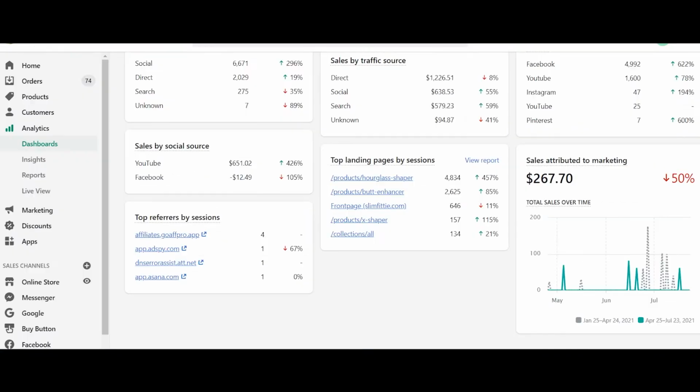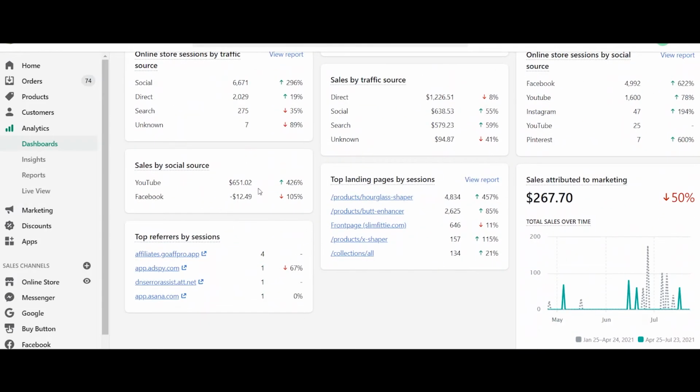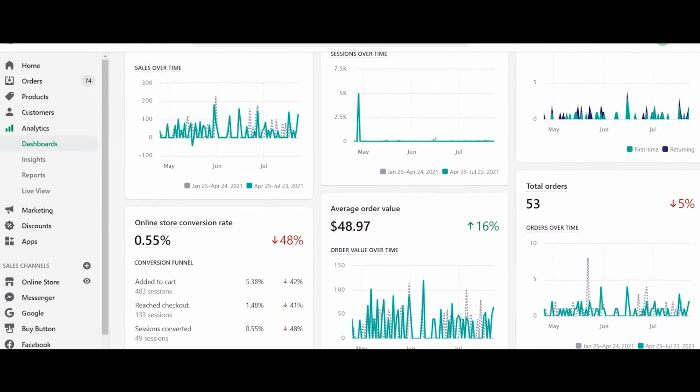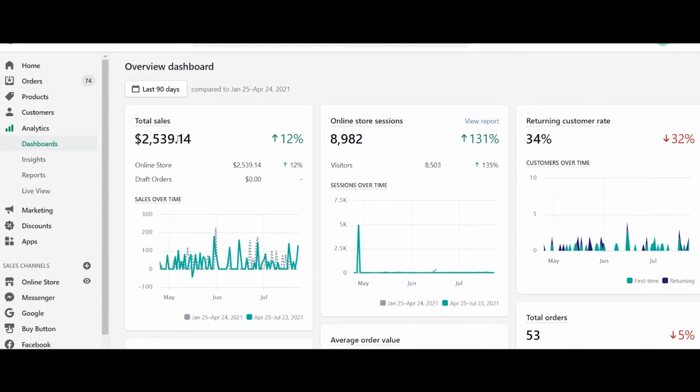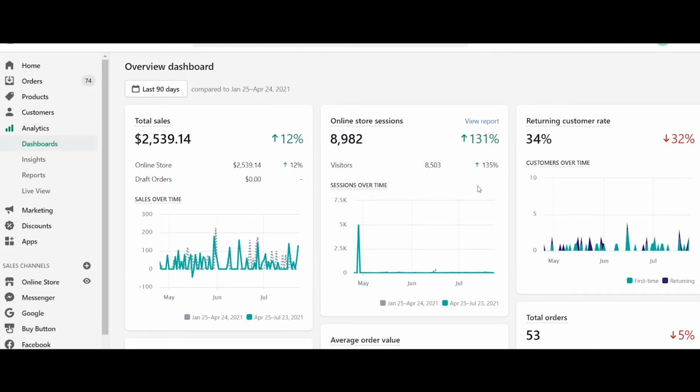And this is how I was able to generate this much amount of sales with YouTube traffic source without advertising my product on YouTube. Now, another thing that I would like to say here is that don't expect quick results from this. This will take some time. YouTube will take some time to send you traffic.